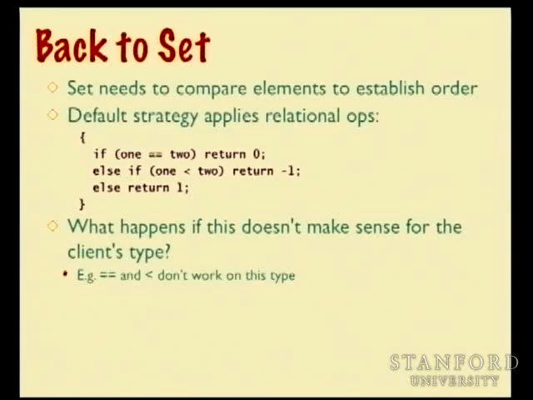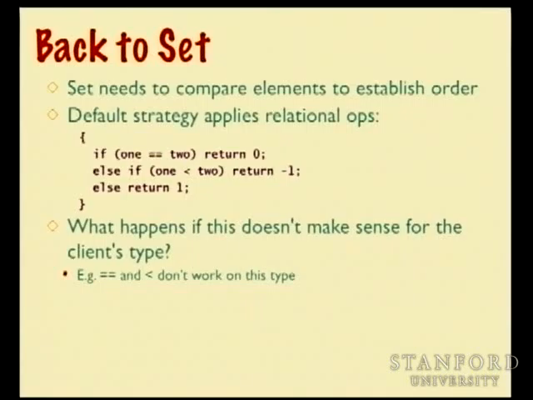Are they integers? In order to perform its operations efficiently, it actually uses this notion of ordering, keeping them in an order so that it can iterate in order, and it can quickly find, using order to decide where something has to be if it's present in the collection. So how does it know how to compare something of unknown type? Well, it has a default strategy. It makes an assumption that if I used equals equals and less than, that would tell me